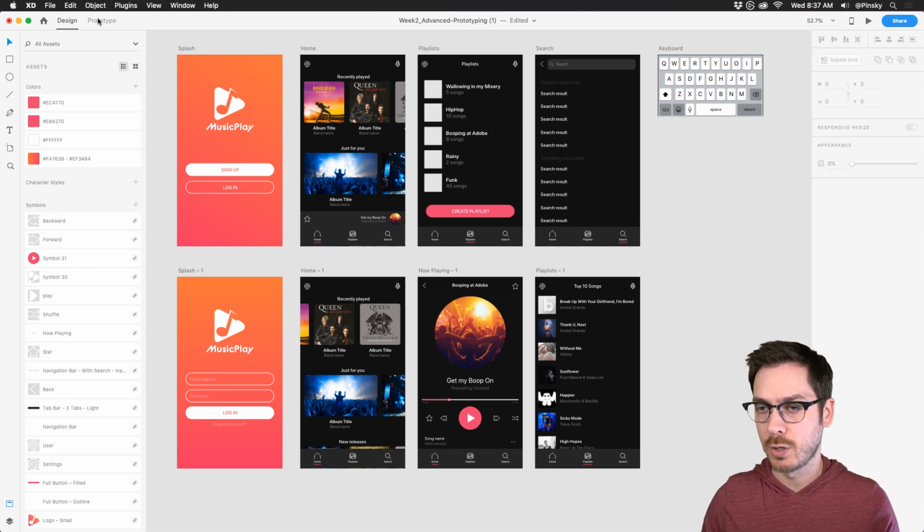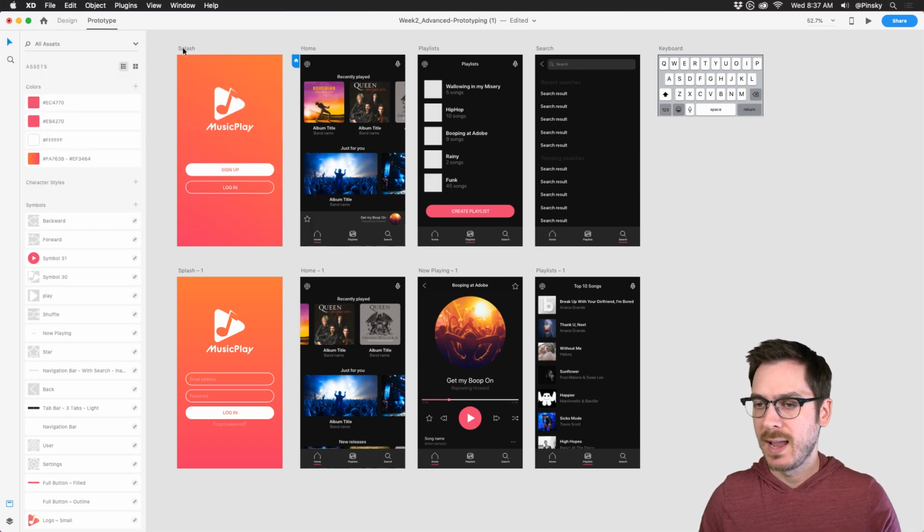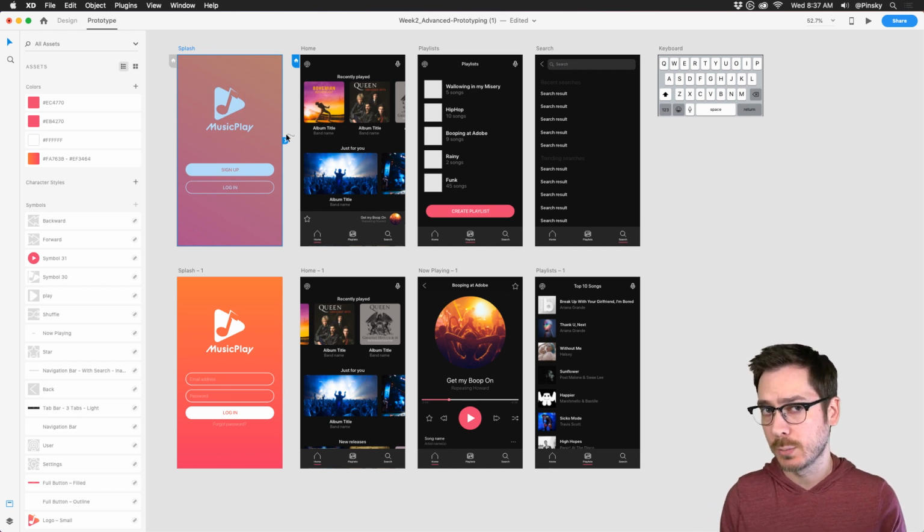So I'm gonna hop into prototype mode right here at the top. That's the prototype button right there. And I'm gonna simply click on my first artboard, and you can see how we have a handle here. Now this will allow me to use a time transition if I want, or a tap on the entire artboard. But I want to go to an actual